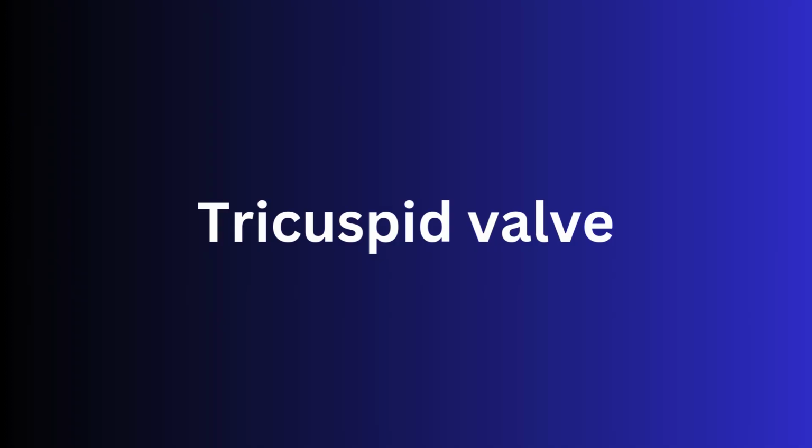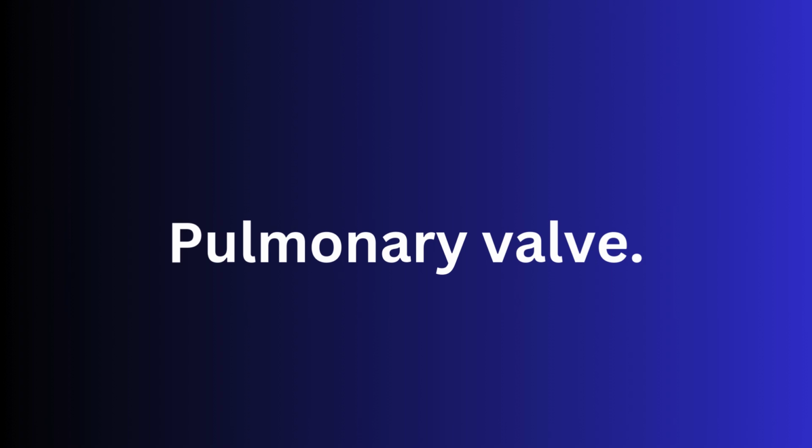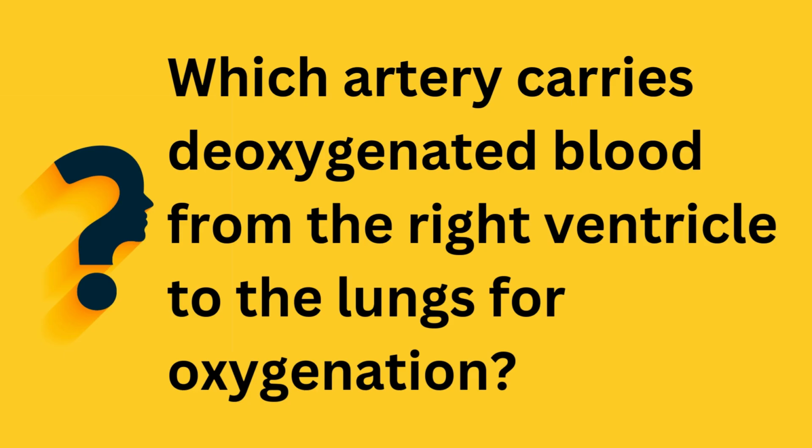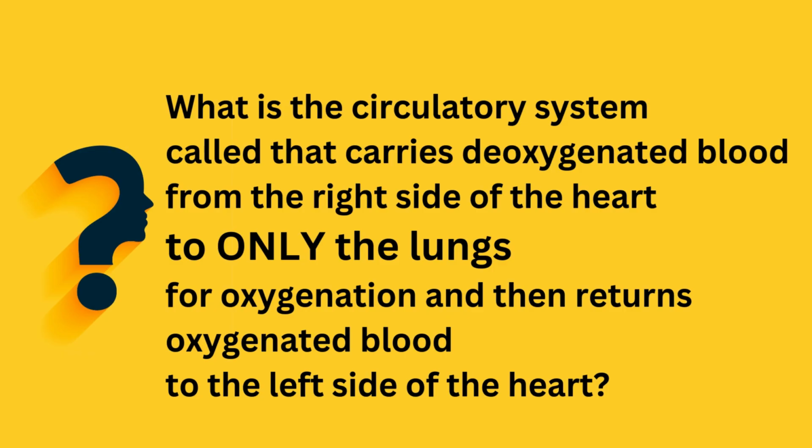Tricuspid valve. Through which valve does blood leave the right ventricle to enter the pulmonary artery? Pulmonary valve. Which artery carries deoxygenated blood from the right ventricle to the lungs for oxygenation? Pulmonary artery. What is the circulatory system called that carries deoxygenated blood from the right side of the heart to